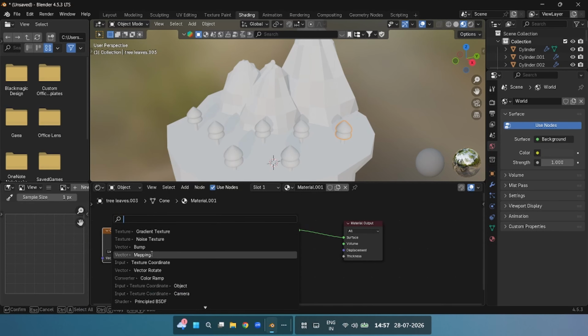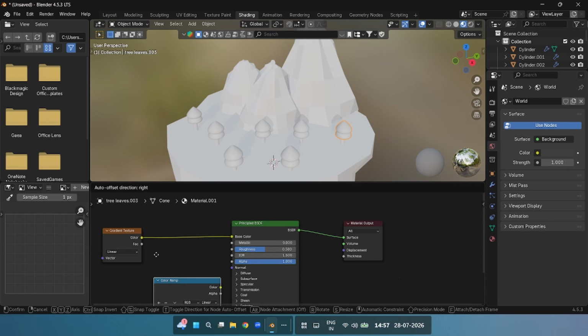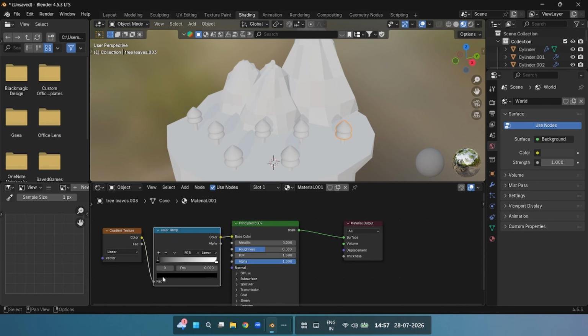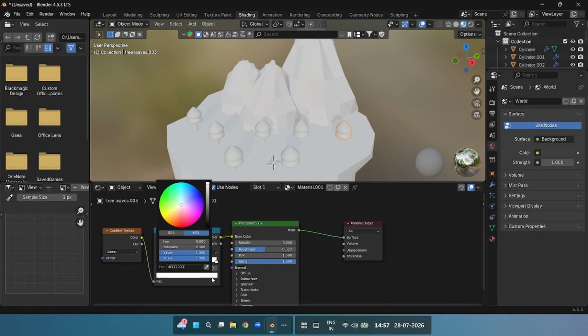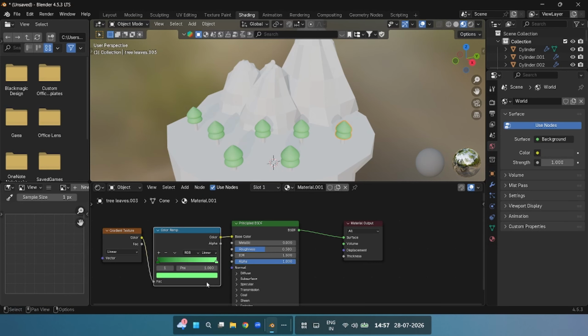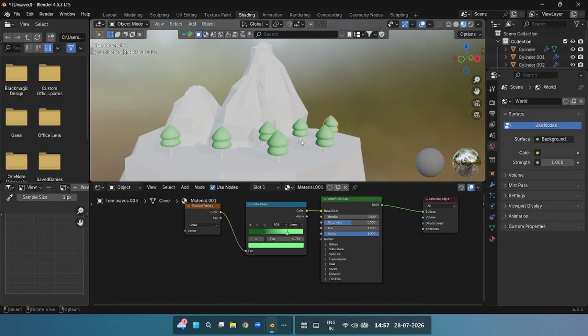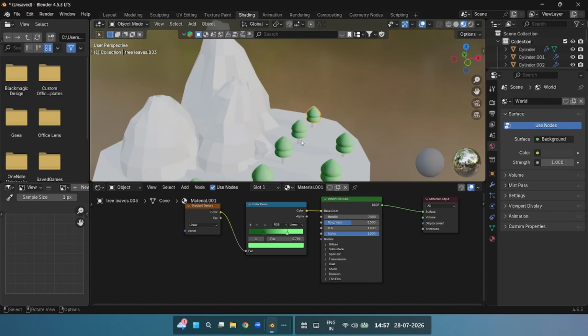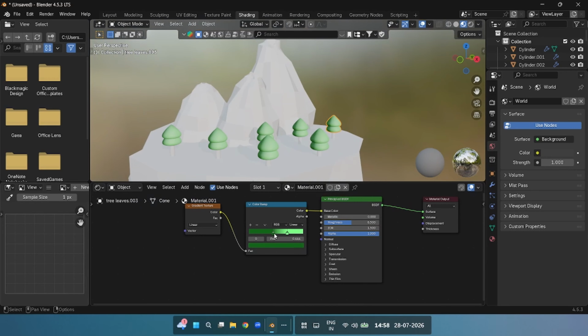Now we'll also add a kind of gradient texture because we don't want one color. It feels bland, so we'll add a gradient node and a color ramp, and set one to dark green and another to a light one. Yeah, you can see there are some transitions, but we want it horizontal, not vertical. So for that, what we can do is,